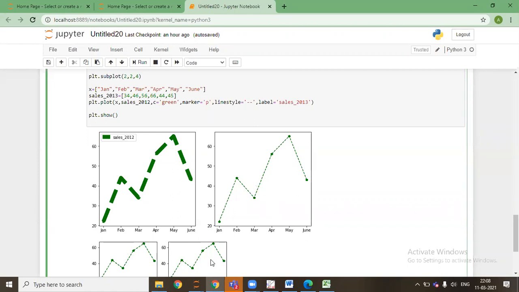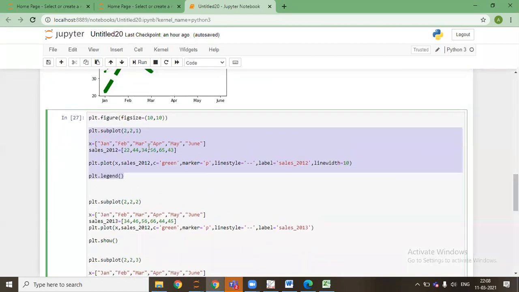So can you try writing 4 4 in place of 2 2? Yeah, we can. I can write anything. I just want to see what happens if we write 4 4. Nothing will happen in this scenario, but it will construct 16 graphs. So I need to pass 4 4 1,